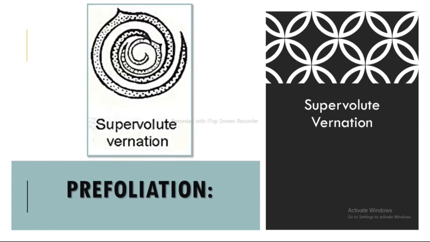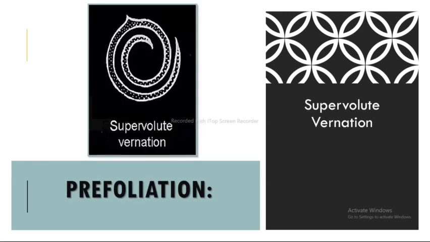Next type of the vernation is supervolute vernation. So in case of the supervolute, when one convolute leaf encloses the other, ultimately a completely rolled up bud is formed. This is known as supervolute vernation. It also refers to a type of leaf vernation in which the blade margins are unequally enrolled adaxially, such that one of the margins